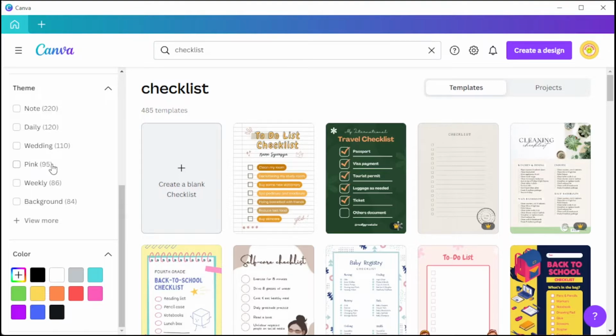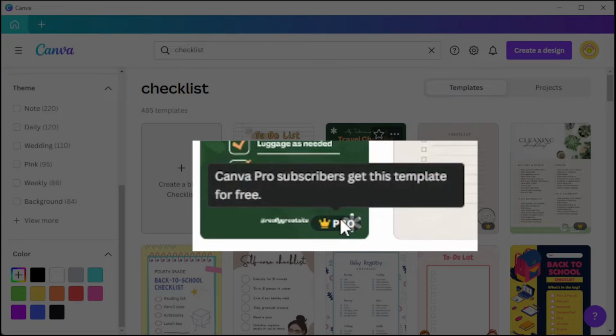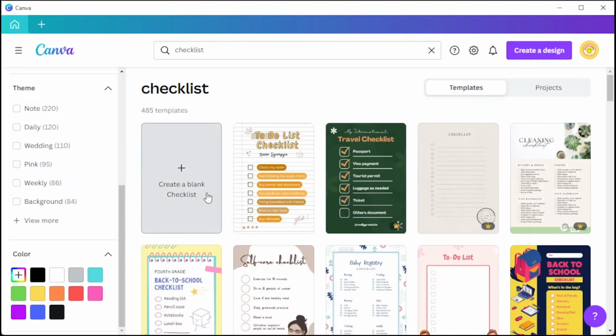Also, take note of the tag attached to the template. If the template has this crown tag, it means that you need to upgrade to Canva Pro to be able to use this template. If you wish to start from scratch, simply click on the Empty Page button at the